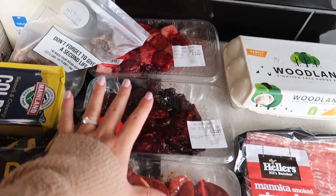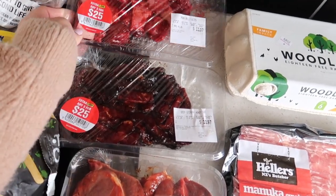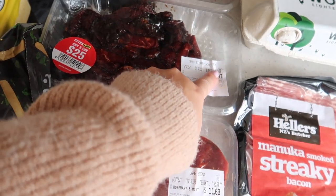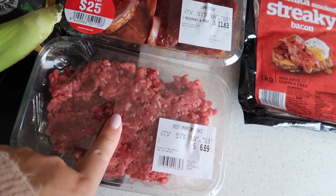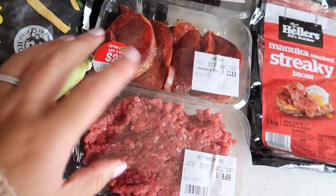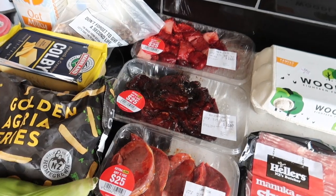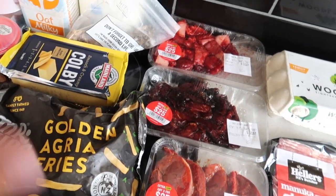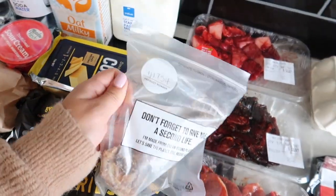Bacon. These are the things here that I love that Pack and Save do, the 3 for $25. So I got some pork belly bites, some beef stir fry honey soy, and some lamb steaks. And then I just got a little bit of mince. I only needed a small one to go with dinner tonight. I'm doing a pasta bake tonight. I will include at the end of this grocery haul a meal plan just to show you guys what I'm planning on doing for meals for the last 10 days that we're going to be in this house. I grabbed a bone for our dog,